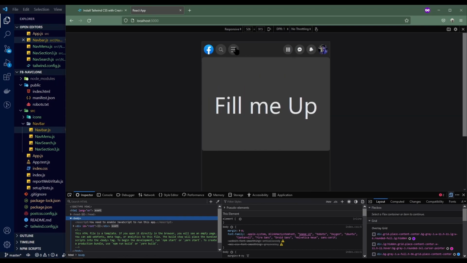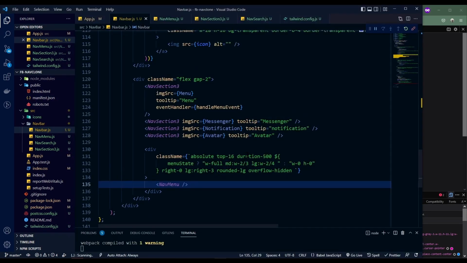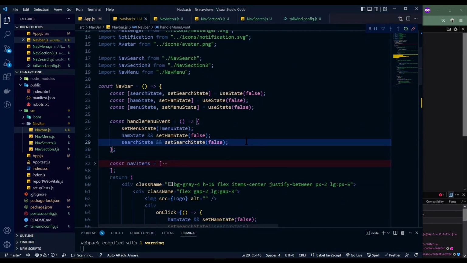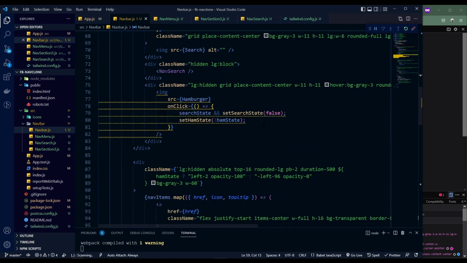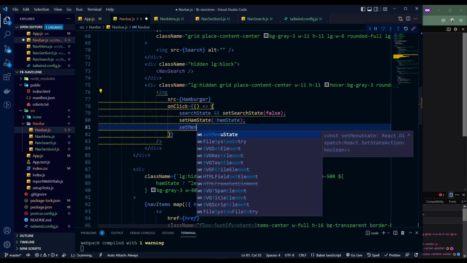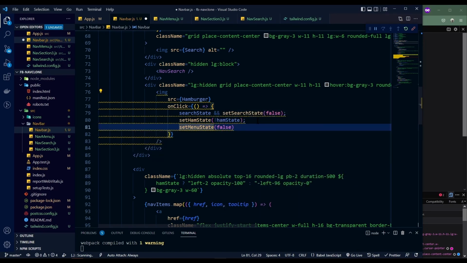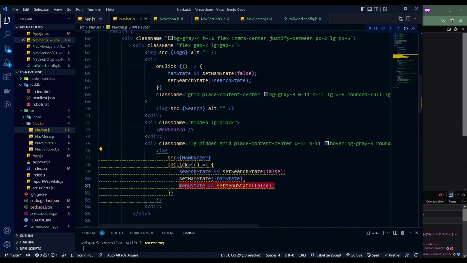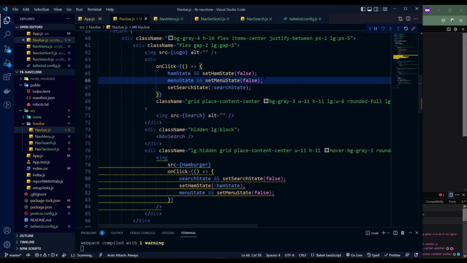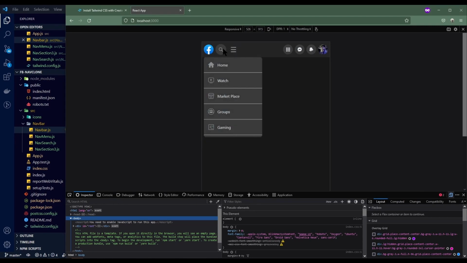But if you click on this, the hamburger appears under the menu, and menu is not closing. So we need to actually change some states here when we are clicking on the menu items or the hamburger items. So we need to also close the menu when we are clicking on the hamburger. So we are going to first check if the menu state is true. If it's true, then we are going to make it false. If it's false, then it should stay that way. Paste it here, and we are done. So if you click on it, as you can see, menu is closing,